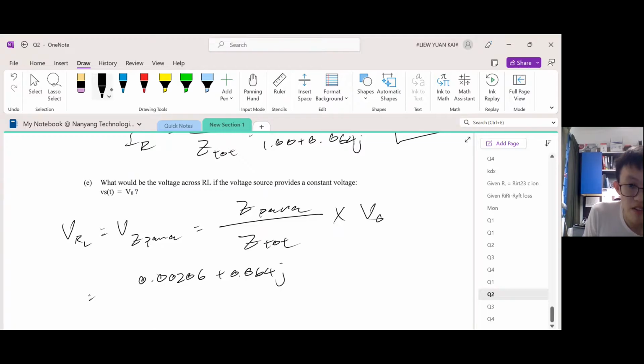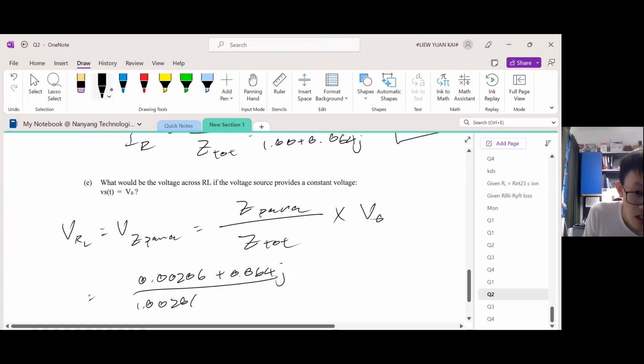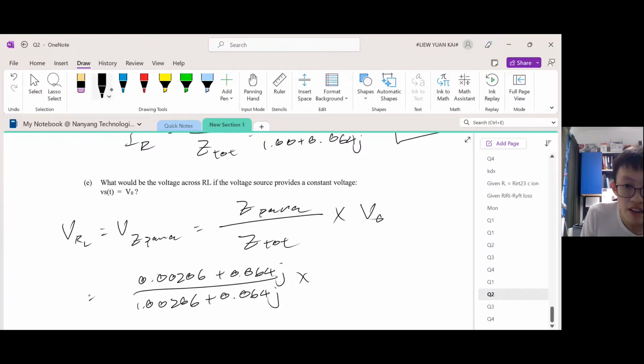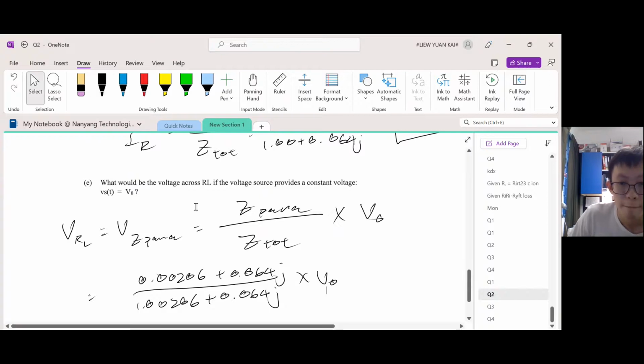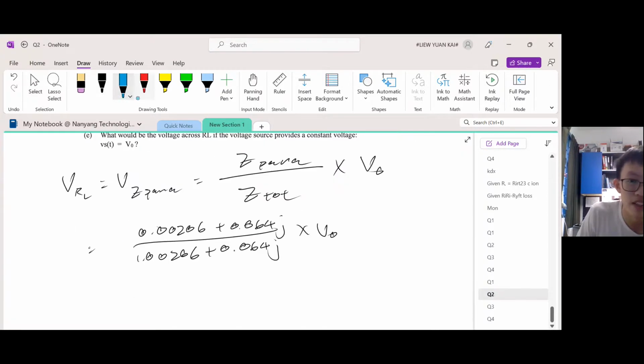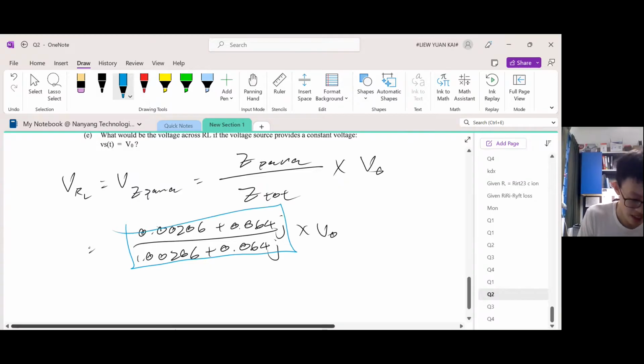Okay, this is our Z para divided by our Z total, multiplied by V naught. So what you're going to do is key this into your calculator. So let's key that into our calculator, this divided by,